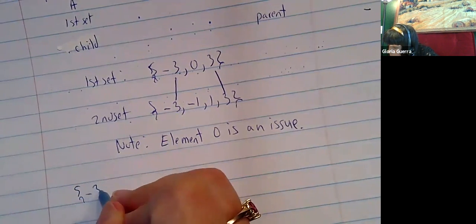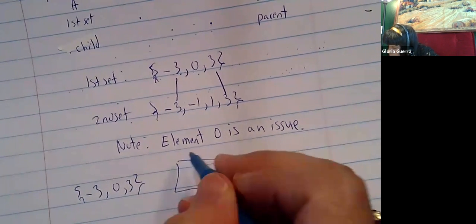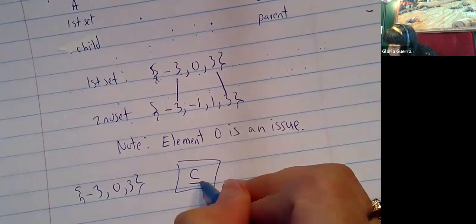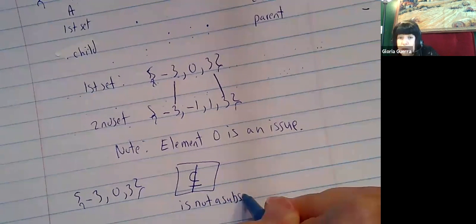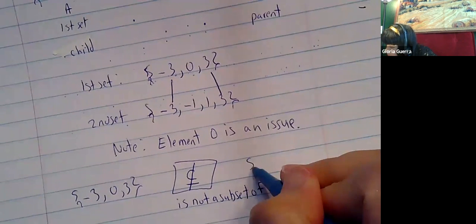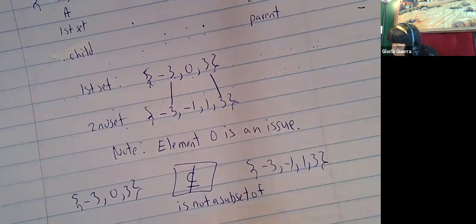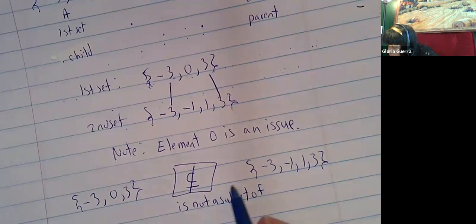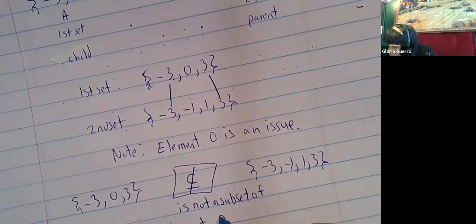So I'm going to say that this -3, 0, 3, and then you know how that is box here. We want to do this, which means is not a subset of the second set, -3, -1, 1, 3. And then why? What's the issue? Because the element 0